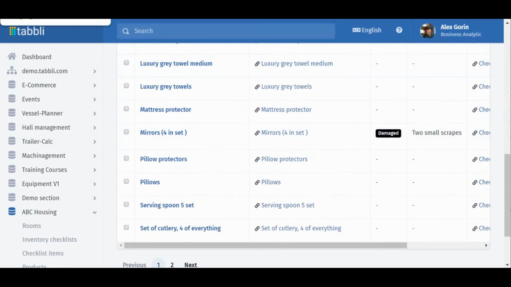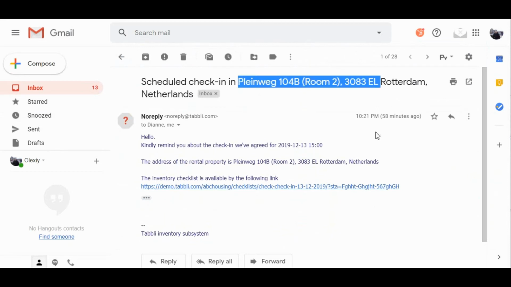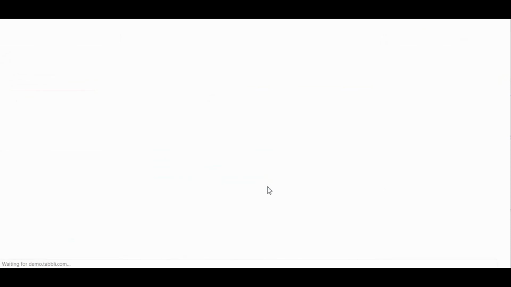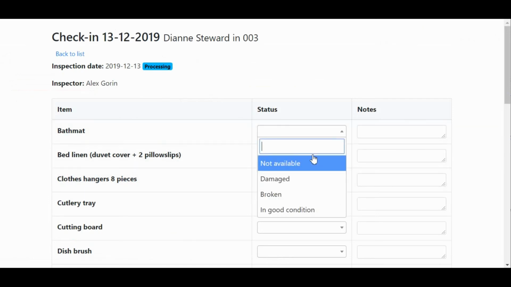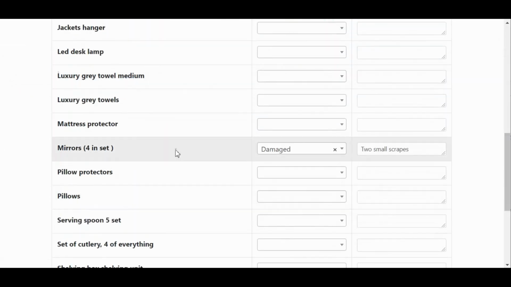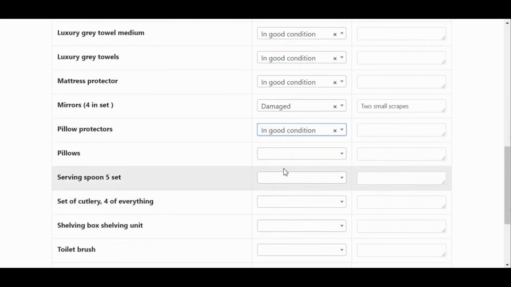Let us look at that email which is sent to the landlord and to the tenant. So we can see the right location in the subject and in the email body. We can see the correct time, and by clicking the provided link, we have the checklist, which is easy to use on any laptop or smartphone. We can pass it item by item. We can see the mirror is marked as damaged. So step by step we should pass it all